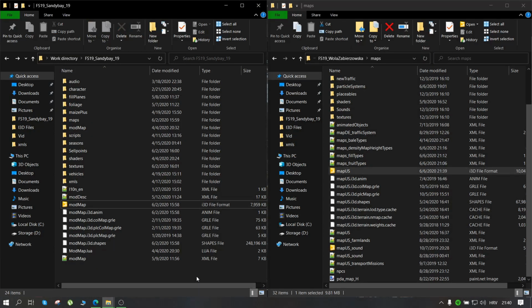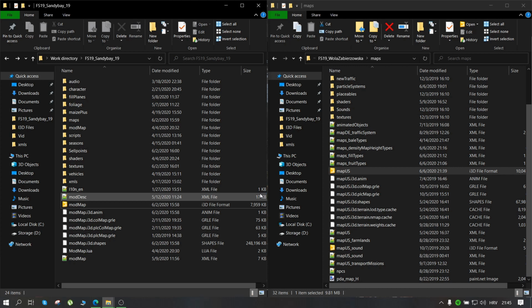And now what we need to do is to add the new crop to the sell points. So we are going to do that now. Basically, the easiest way to know to which locations you want to add the ability to sell your crop is to simply open up the map in the game, look through all of the selling locations and write down on a piece of paper in which locations you want the ability to sell the new type of crop you are adding to your map. So I was in the game and I wrote down three different locations